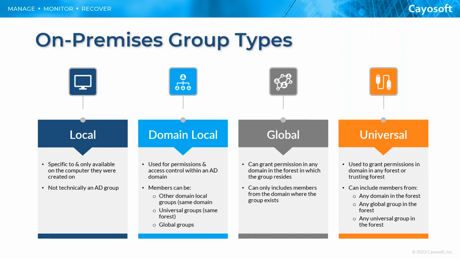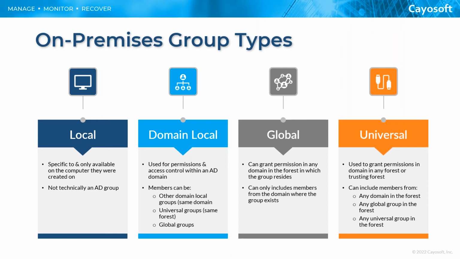But I don't want to get too far off at a tangent here. The main thing that I want to talk about before we get into the best practices is the various types of groups that are present in a Microsoft environment. Because Microsoft couldn't leave it at, hey, just create a group. There are actually several different types of groups, both on-premises and in the Microsoft 365 cloud. So let's take just a few minutes and talk about some of these different group types.